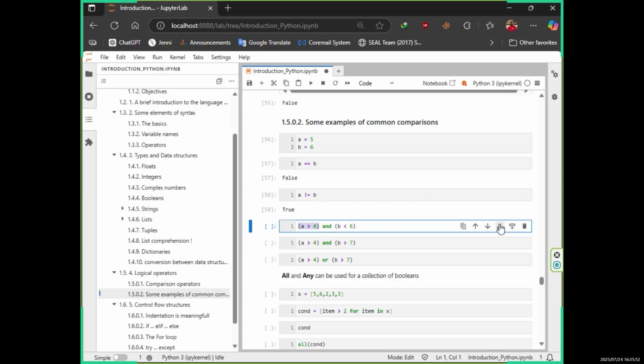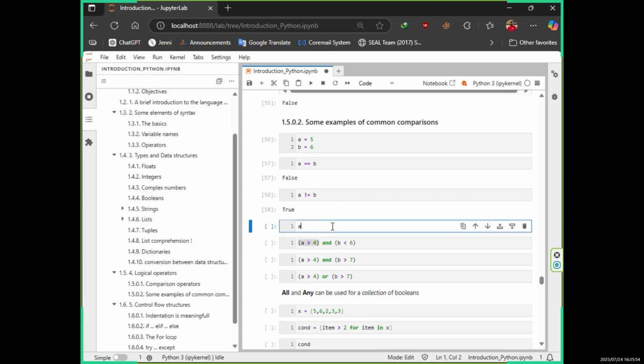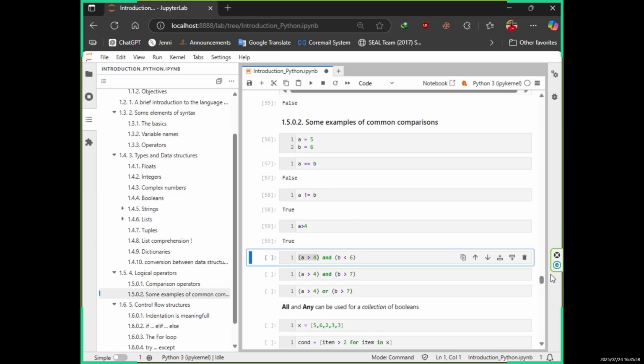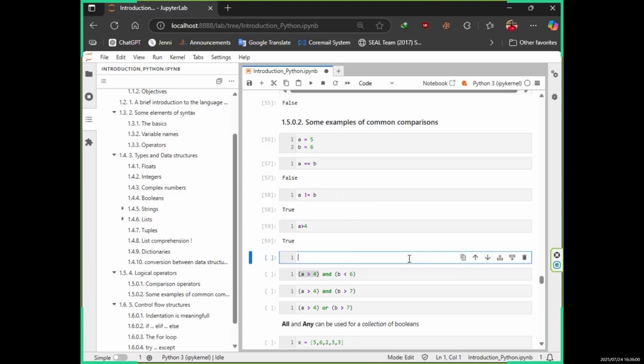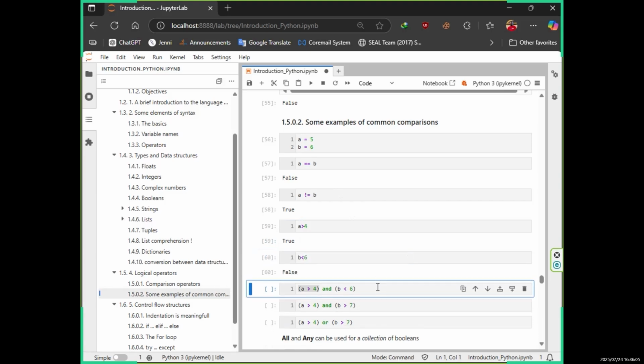So let me divide this one into 2. A greater than 4 was the output true. So now if I divide this one, the other part, b less than 6, is false. Now I am asking whether this is true and whether this is true. If both are true, the final output should be true, because this one, the computer science student, they know the